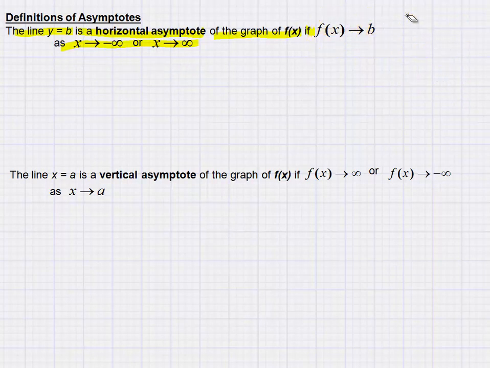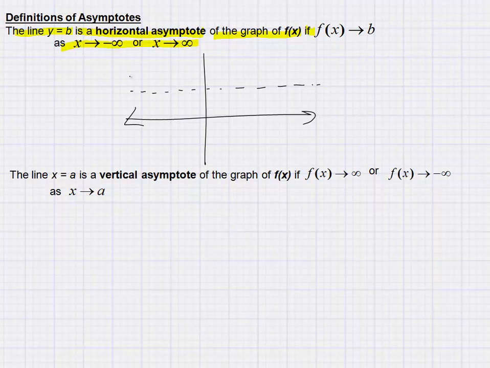So an example would be something like this. I have some graph, and on either end there's this horizontal line, and on the ends my graph approaches that line. Okay? That would be a horizontal asymptote. Some functions have the same horizontal asymptote on either side. Some don't. Rational functions, if there is going to be a horizontal asymptote, you'll have the same one on both